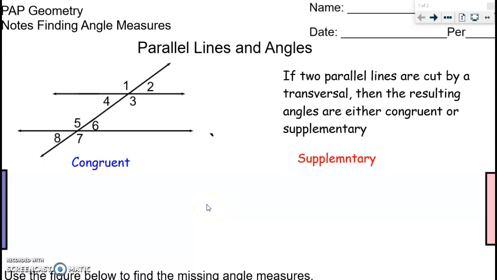All right, today is about finding angle measures. We're using parallel lines, this is kind of a special case scenario. We're looking at angles with parallel lines. So last time we talked about what is a